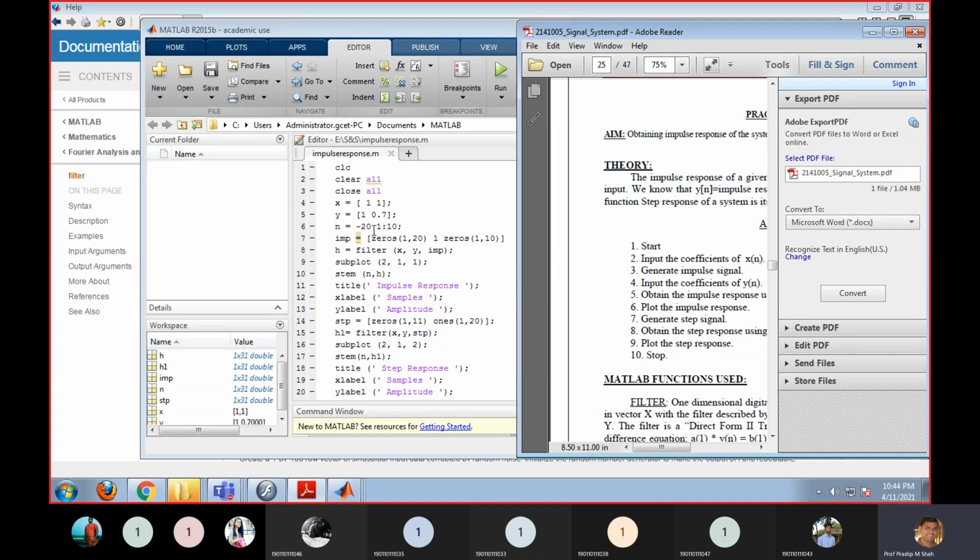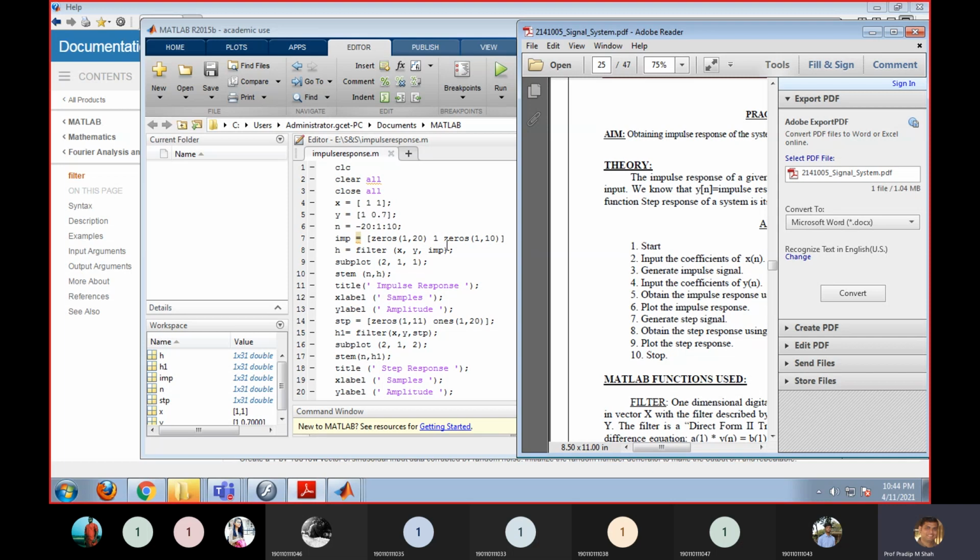It will start from minus 20 to 10, because first we take 20 zeros, then it will be a 1, then we take the next 10 zeros.